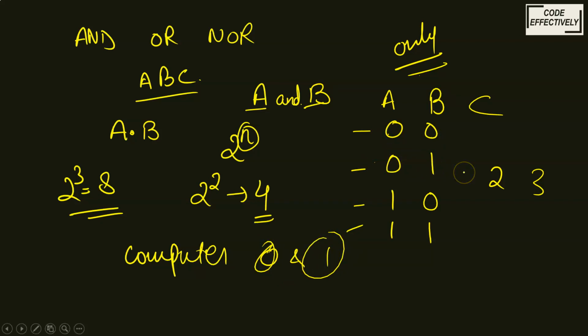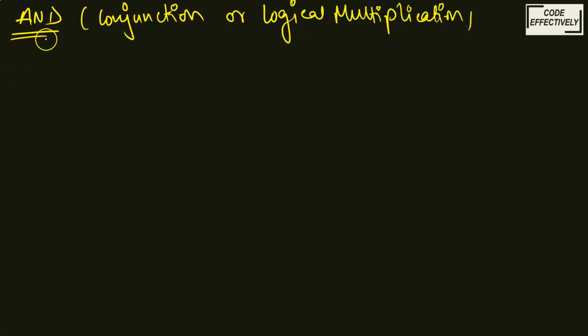Okay. So now let me explain to you what is an AND operator. Let's start first with the AND operator. It is a very easy operator. You will like the functionality. Sometimes some people say it as conjunction operator, some people say it as logical operator, logical multiplication also some people say. So it's up to you whatever name you want to take. But normally people use AND only. You must know all the names, because in the exams it could be asked with any name.